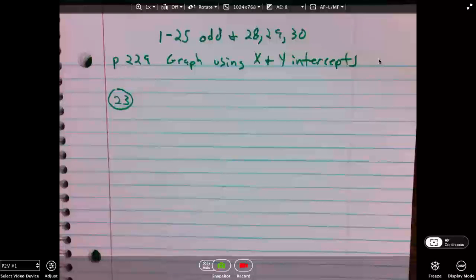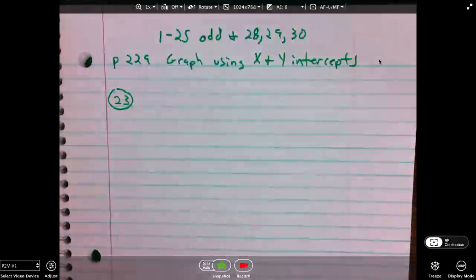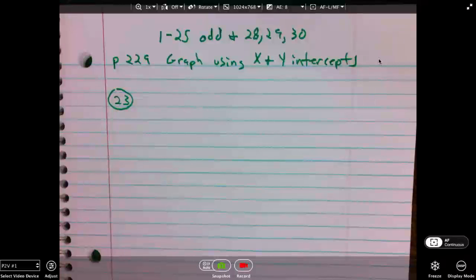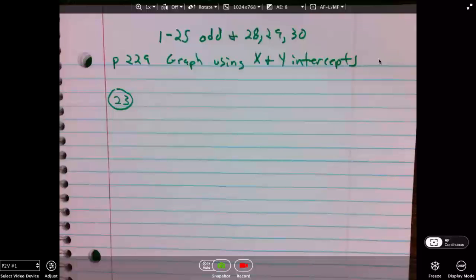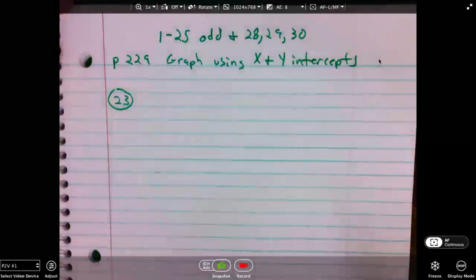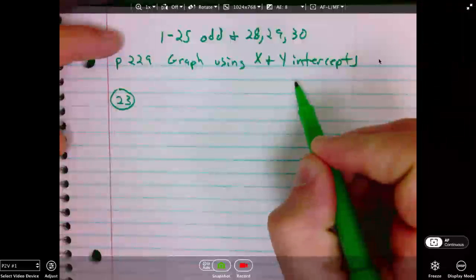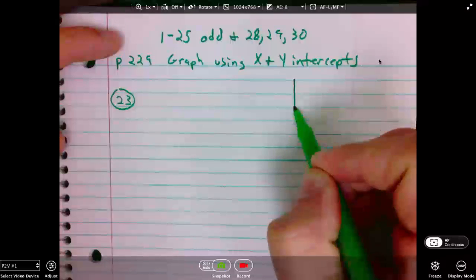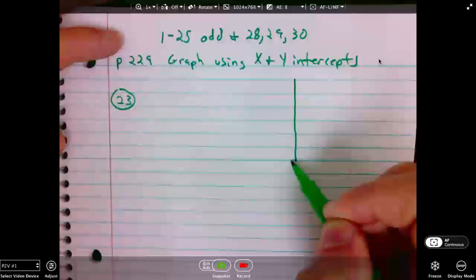We will be looking at page 229, Graph Using X and Y Intercepts. We will be doing problem number 23. First, a little preliminary information. The X and the Y intercepts are the points on the graph where the line crosses the X and Y axis. For example,